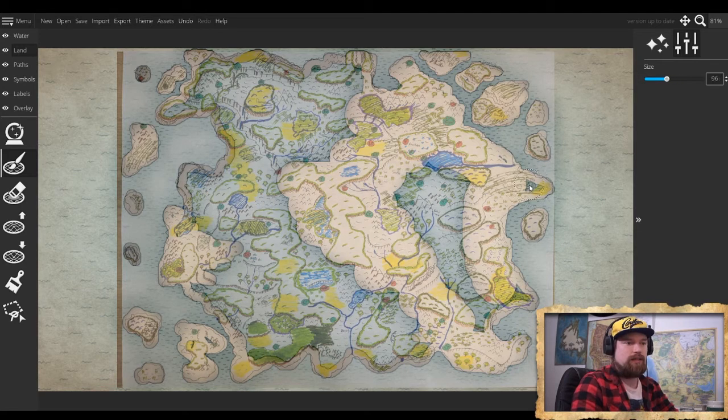I'm gonna, it's a little smaller, I get that one. So yeah, what we're doing right now is basically just looking past our outline, which is semi-transparent, and just being able to fill in all the land. And we'll go through and make all these river areas and probably add some